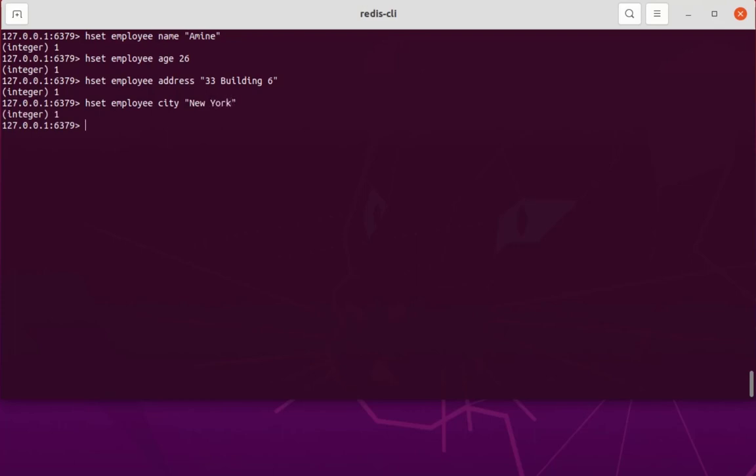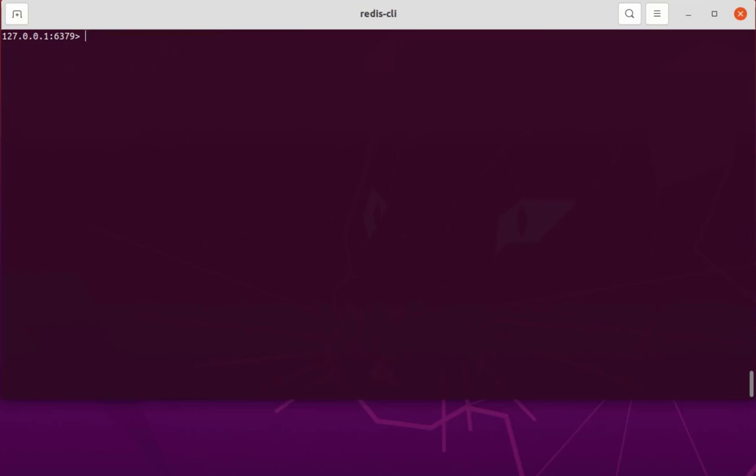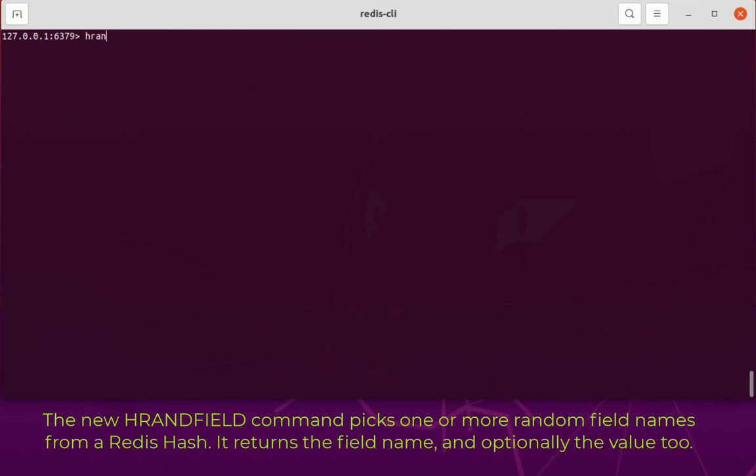I'll set it to New York, for example. So to get all these fields, you know that we can use the command HGETALL for our key employee. Here you can see that I have 8 fields that were introduced in this hash value. But with this new command, which is HRANDFIELD, we can actually get a random field for our hash. So for example here for the employee,